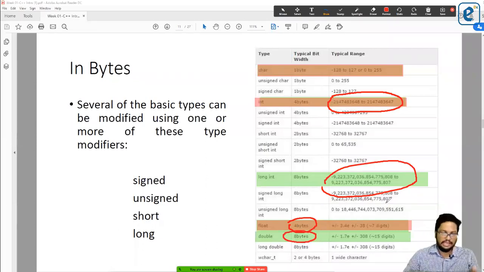ලොකු range එකක value එකක් save කරන්න long int. අර float එකේ තියෙන්නේ digits 7යි. ඒ කියන්නේ ඔක්කොම digit 7යි save කරන්න පුළුවන්. හැබැයි double දාලා ඔයාලට ඕන නම් digits 15ක් use කරන්න පුළුවන්, right? But in usual cases, we can use integers and float in our applications. අපේ applications වලට හොඳටම ඇති integer ui float ui, right? හැබැයි integers වල ලොකු range එකක් use කරන්න long int you can use, and if you need a big decimal point value, then you can use double, right?